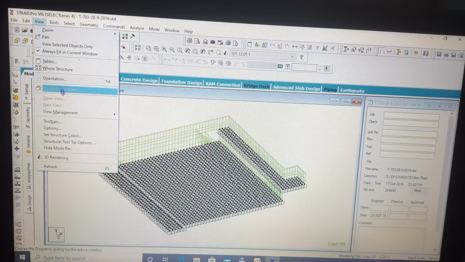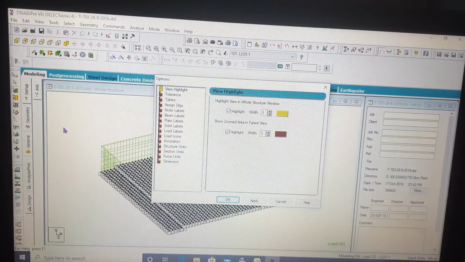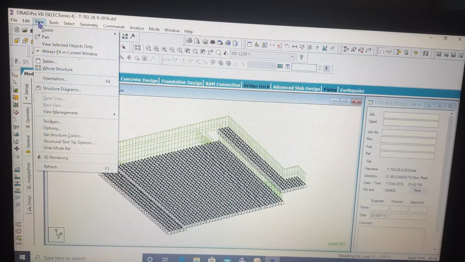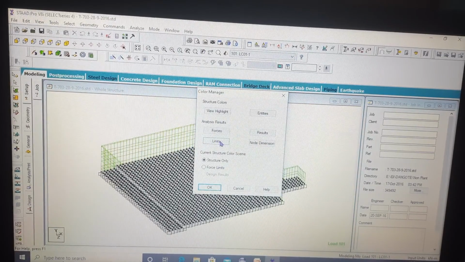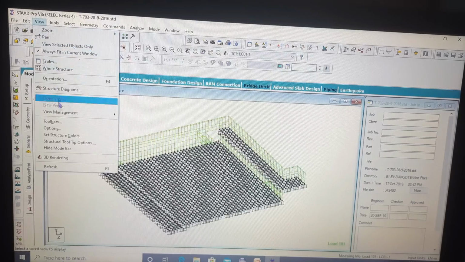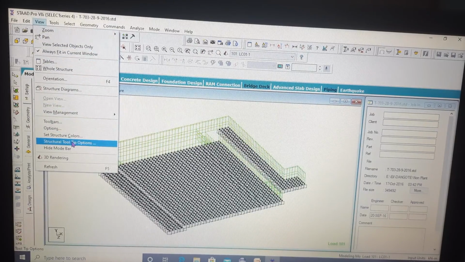Then your toolbar, I have explained the toolbar. Now your options, it is also a rigorous table. I'll be explaining those things when I'll be modeling, otherwise you will not clearly understand these things. Next is your set structure color. These things will also be very much useful when I'll be modeling a complex thing and I'll be explaining that to you. Otherwise these things will not be very useful. That means you cannot understand this, I cannot correlate with them.